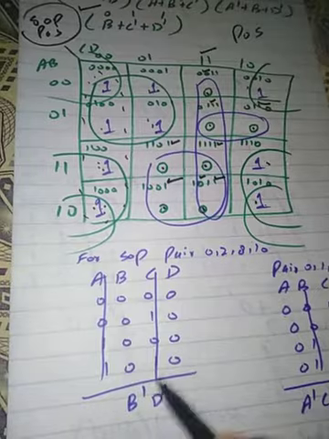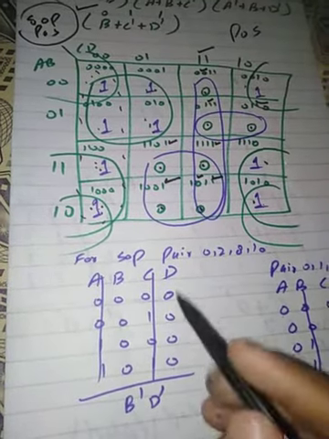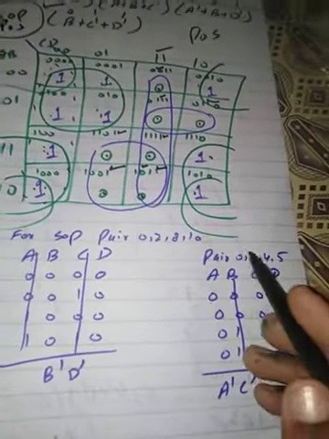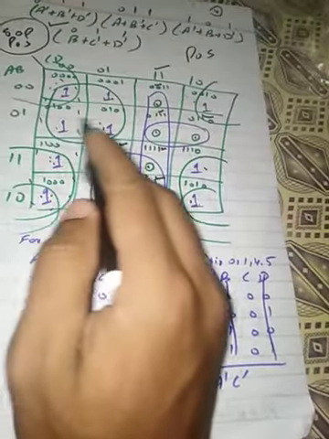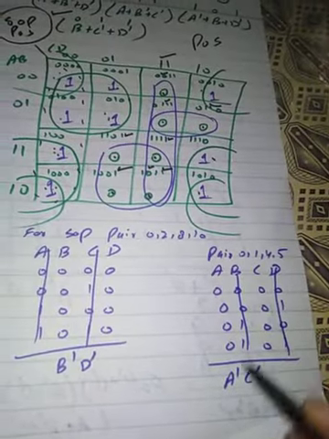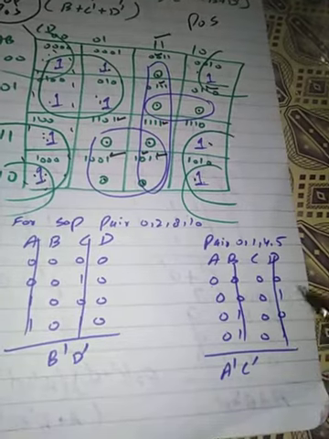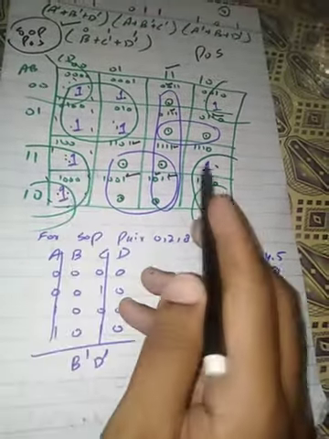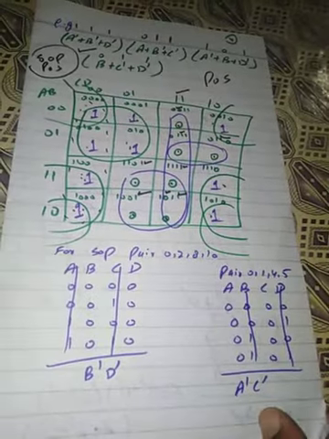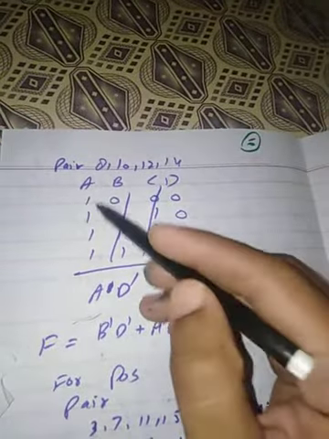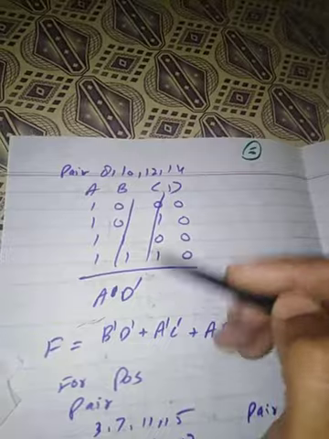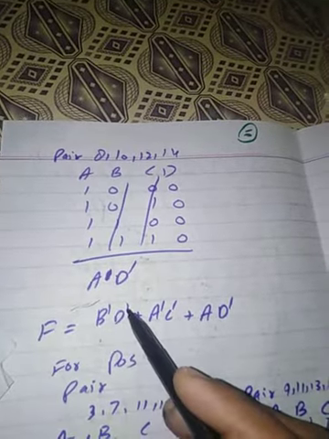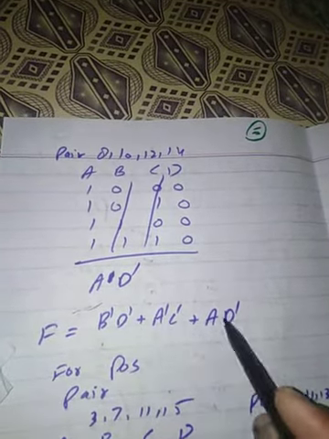Adjacent are cancelled, different are cancelled. So B complement, D complement. Then make a pair 0, 1, 4, 5. Adjacent cancel, then cancel out the different. So A complement, C complement. Now the last pair is 12, 14, 8, 10. Different are cancelled. A simple, D complement. Your final answer is B complement D complement plus A complement C complement plus A D complement